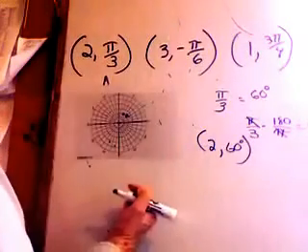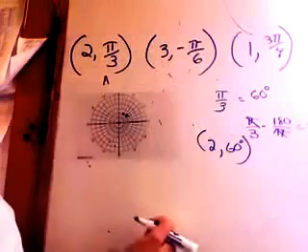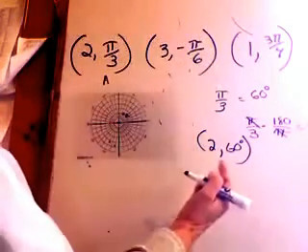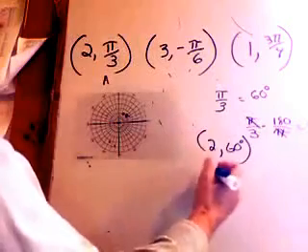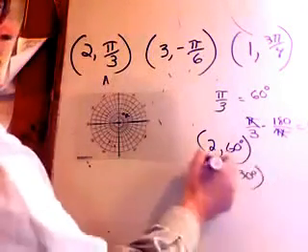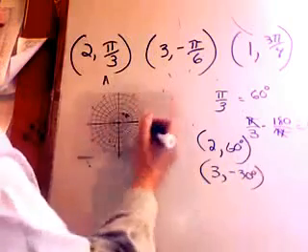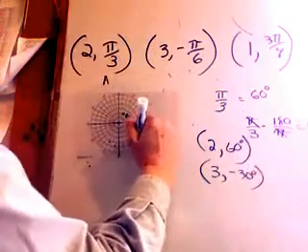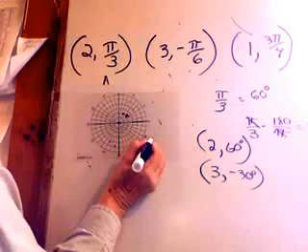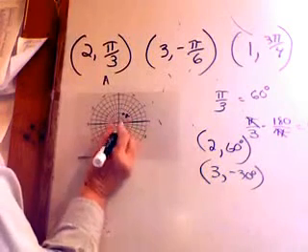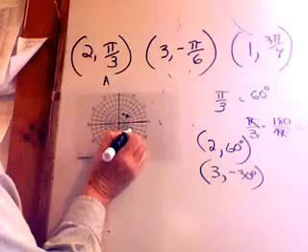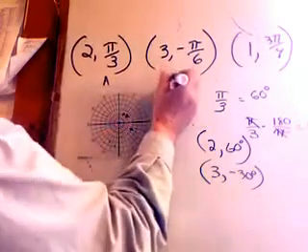All right, what about this next one? 3 and negative pi over 6. Well, pi over 6 is 30, so negative pi over 6 would be negative 30. So now I want the point 3, negative 30. So I find the negative 30 line, well, going backwards 30 degrees, so that's this line here, all the way here, and I want to do a 3 in the positive direction, so 1, 2, 3. We call that point B.